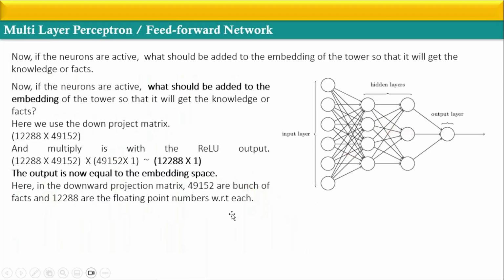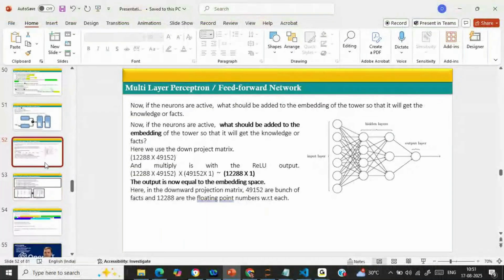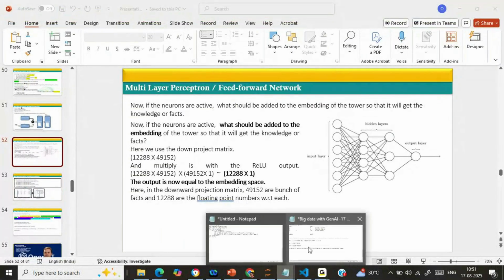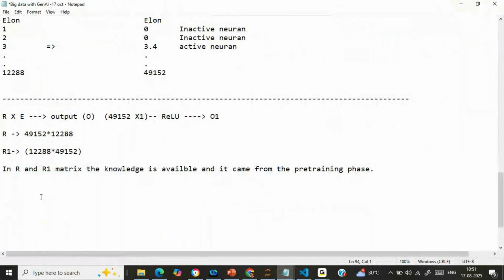And if we are talking about the MLP in GPT-3, there are 96 phases, or 96 steps, layers basically. So in GPT-3 there are 96 layers,